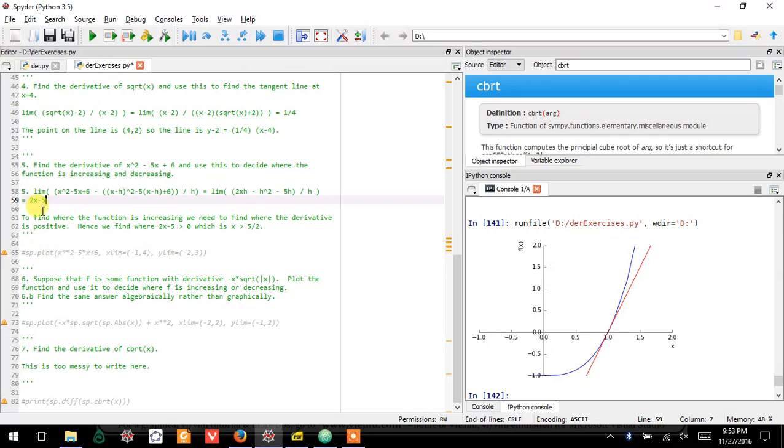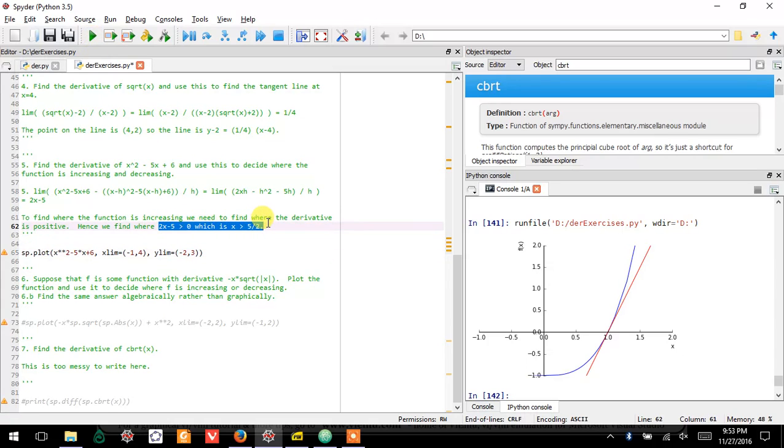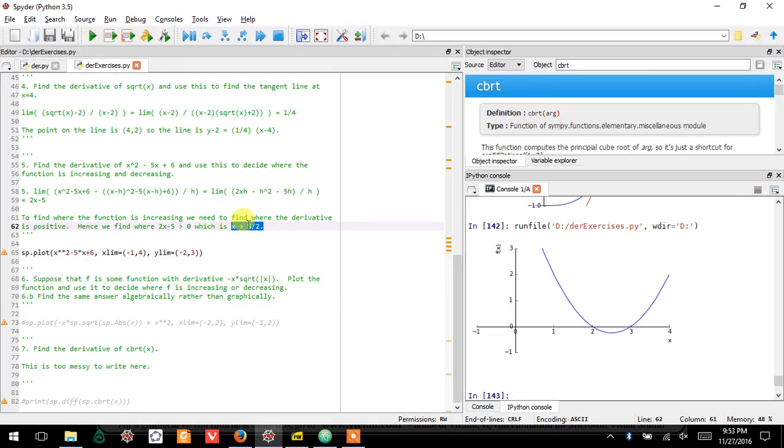We would like to use this to decide where this function is increasing or decreasing. And so to find out where it's increasing is to find where the derivative is positive. So we set it to be positive, solve for x, and we get that it is increasing where x is greater than 5 over 2. And notice 5 over 2 is 2.5. That's right here. It is increasing where x is bigger than that. So in fact, you can see it in the graph if you care to graph it. And if we set this less than